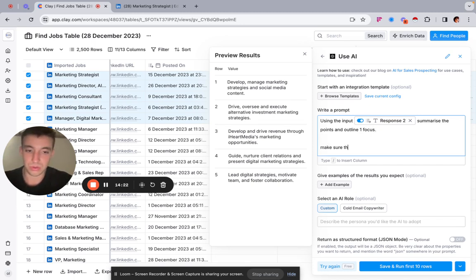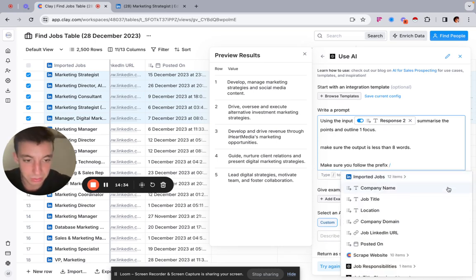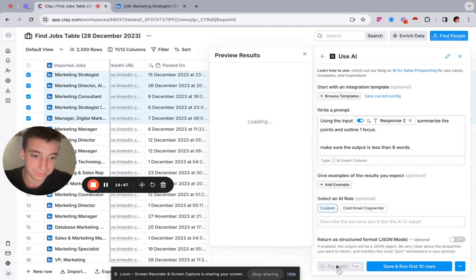Make sure the output is less than 8 words. Make sure you follow the prefix, and then just put the prefix in, which would be "Noticed you were focused on", and then follow the prefix, and then it would be that. All right. So then hopefully if we have that,